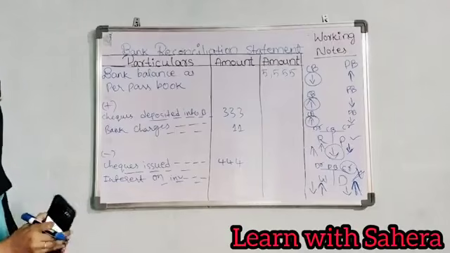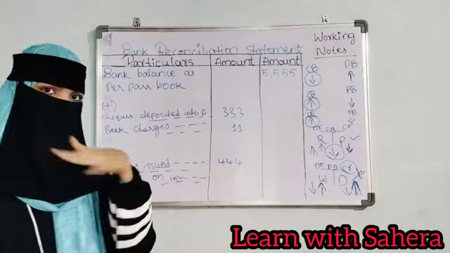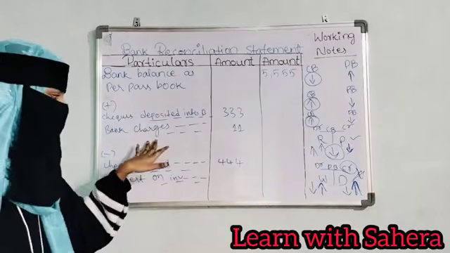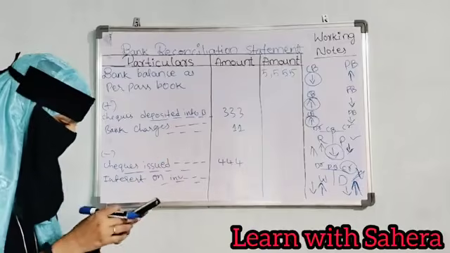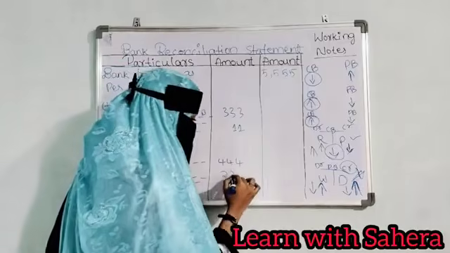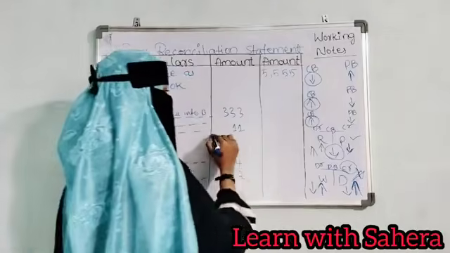You have to write. I am not writing because it will be a waste of time in the video. It will be a big video. So that is why I am not writing. You have to write the whole stuff. Ma. What is the amount? 2, 2, 2. Now what you have to do?